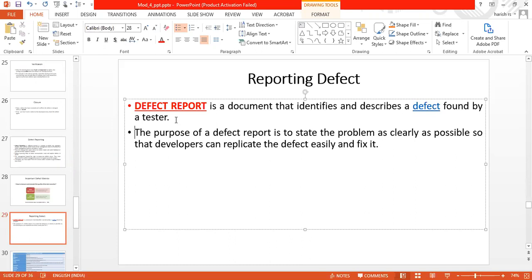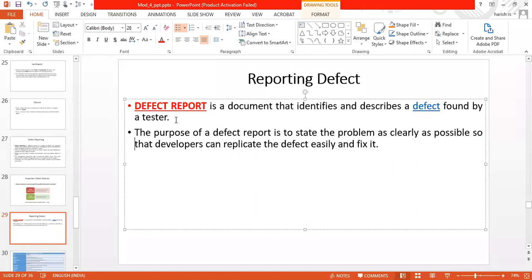When the developing team reads what is written in the document, they have to reproduce it, confirm this is the defect the tester team has reported, and fix it. To make that easy, we have the report to be written.